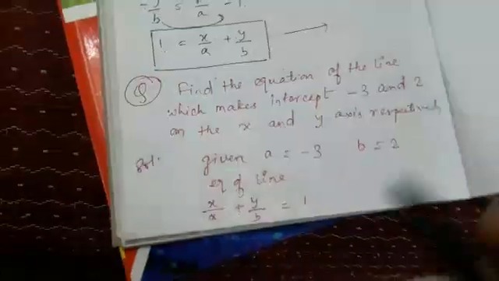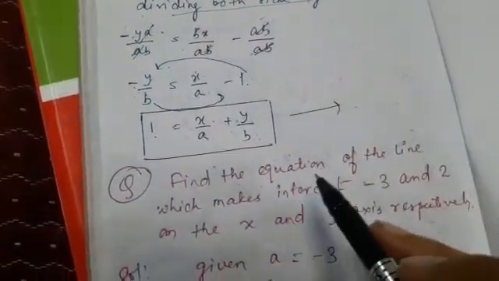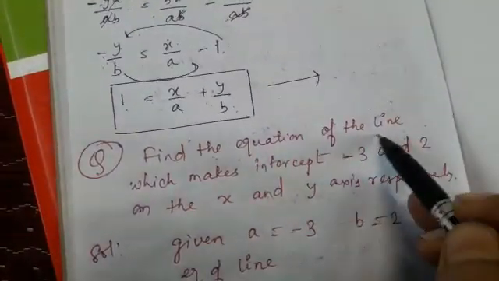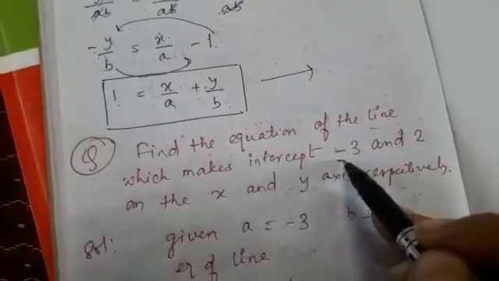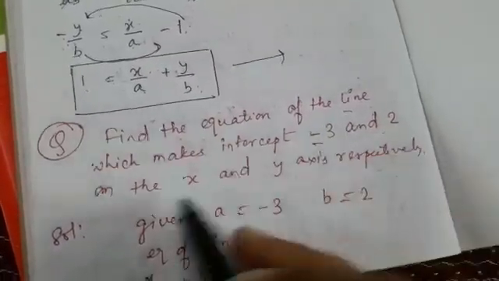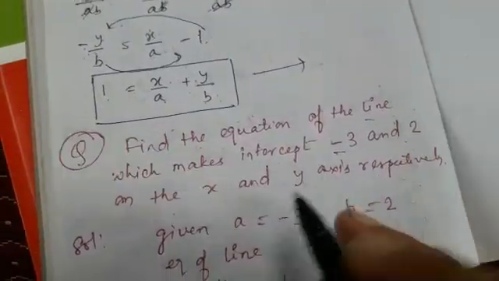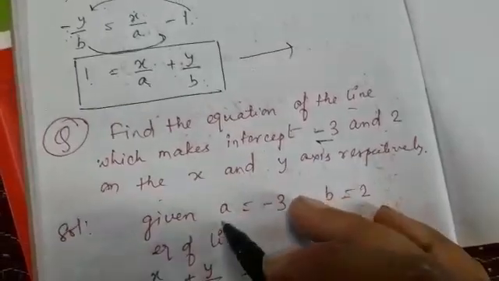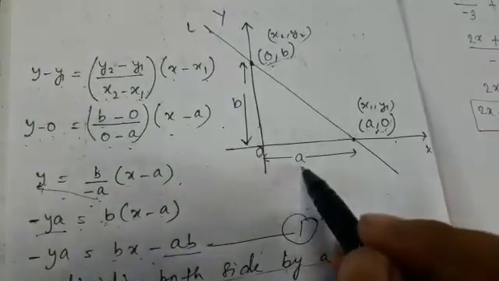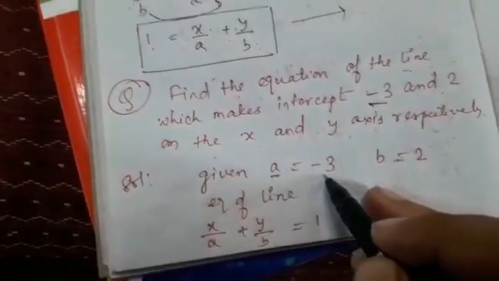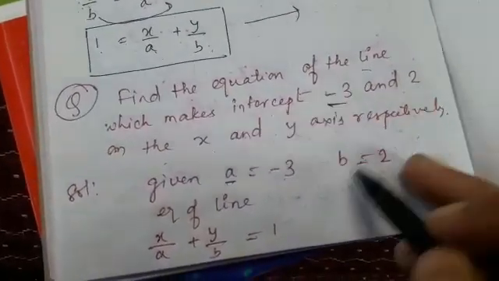Fine. I hope you have understood the derivation. Now see how to solve the question. Let us take one example. The question is, find the equation of the line which makes intercepts minus 3 and 2 on the x and y axis respectively. Now students, always remember, we denote the x-intercept as A and the y-intercept as B. So according to the question, the x-intercept, that is A, is given as minus 3 and the y-intercept, which is B, is given as